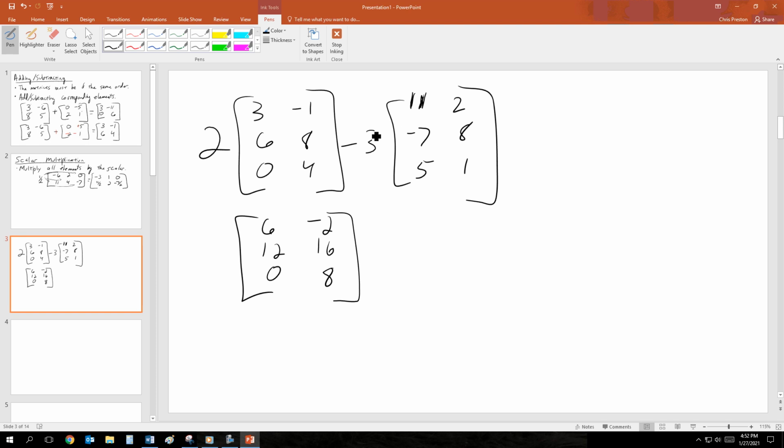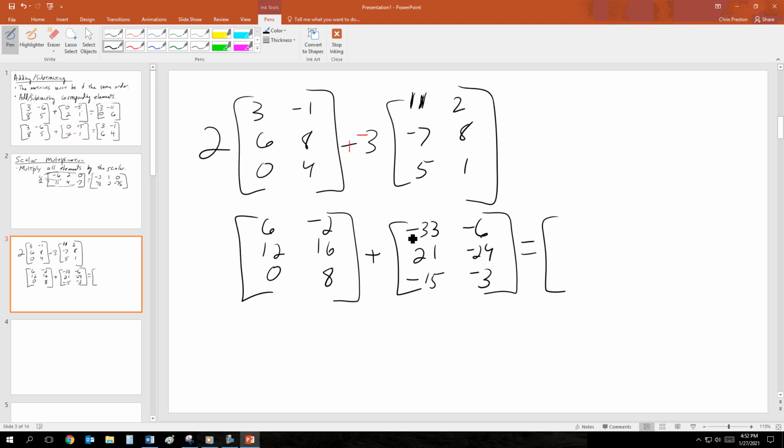And then I have a choice here. Do I want to multiply through by 3, or would I prefer to do this by -3 and change this to an addition? And that's what I'm going to do. I'm going to change this to an addition, and I'm going to multiply by -3. And that way I don't have to change all the signs as I'm going. I'll just do them all at one time right now. So positive 21, negative 24, negative 15, and negative 3,